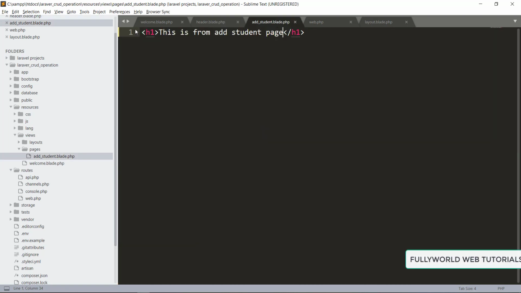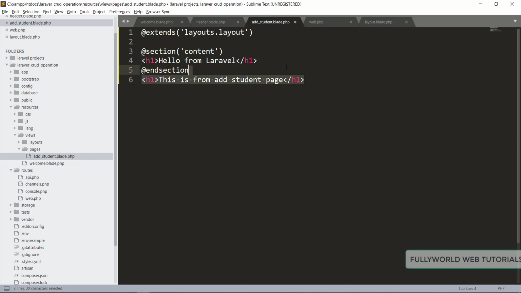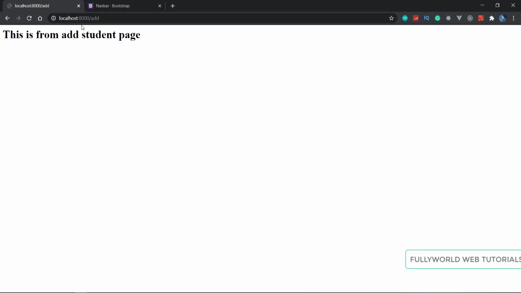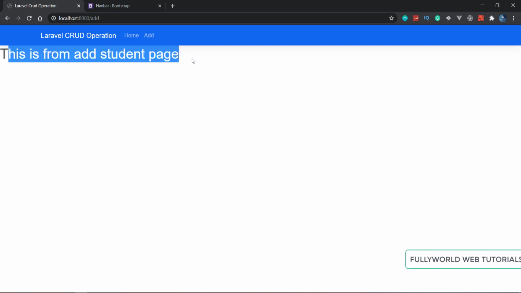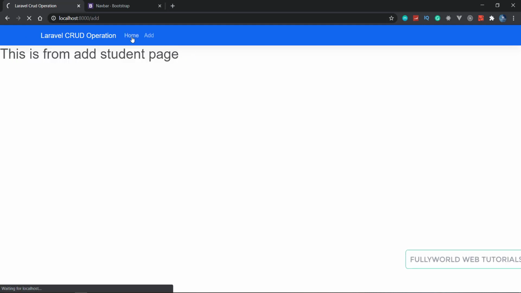I'm going to write the same thing here: paste it, and cut and paste it here again. Now let's reload this. See, now we are getting this is from add student page, and our navigation bar is also there. Wow, this is working successfully.